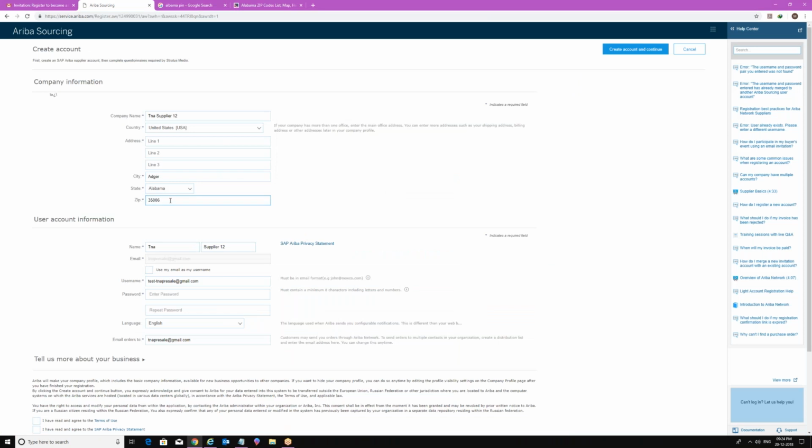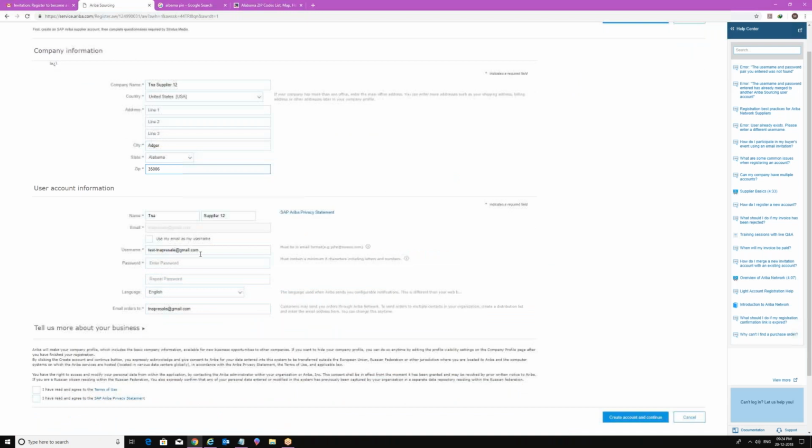This is the ID which we are going to keep over here. So we are just going to maintain it over here only. Click on both of these two things, create account and continue.